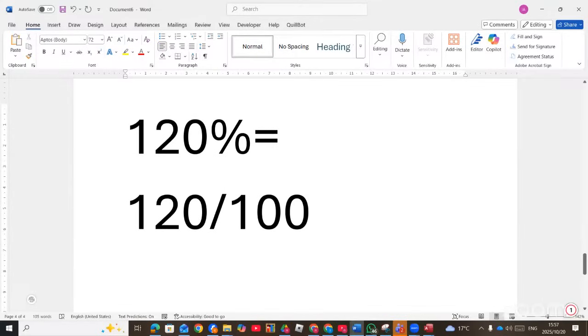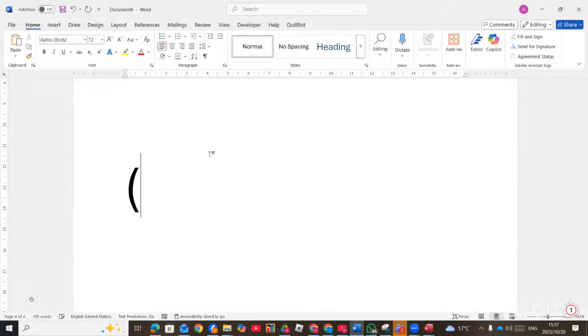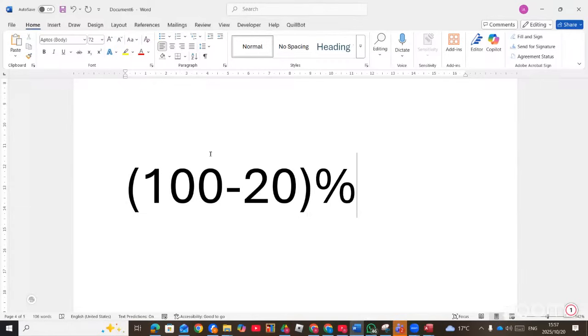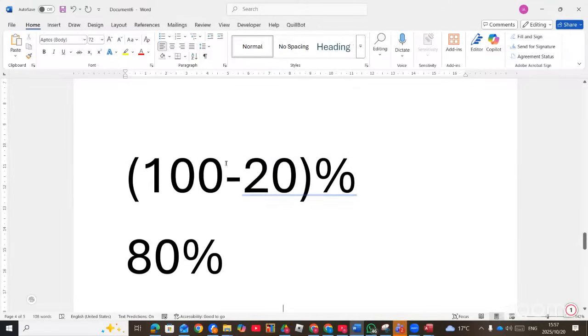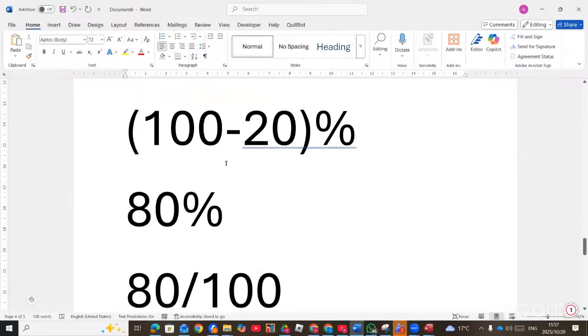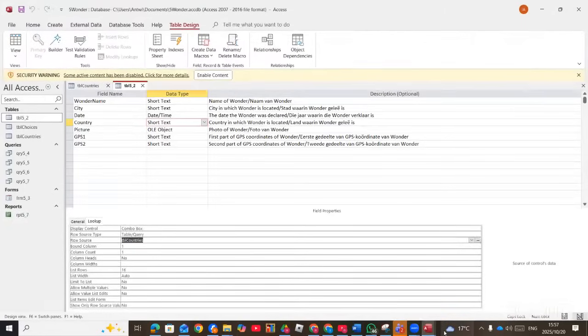Right. If you are decreasing, you subtract from 100. So that one will be 100 minus 20 percent. That is when you have the discounted price. So this one will now give you 80%, which will be 80 divided by 100. Then you multiply by that value. So you have to know this, the increasing and decreasing. Right. So let's say this question, the question says we need to increase,